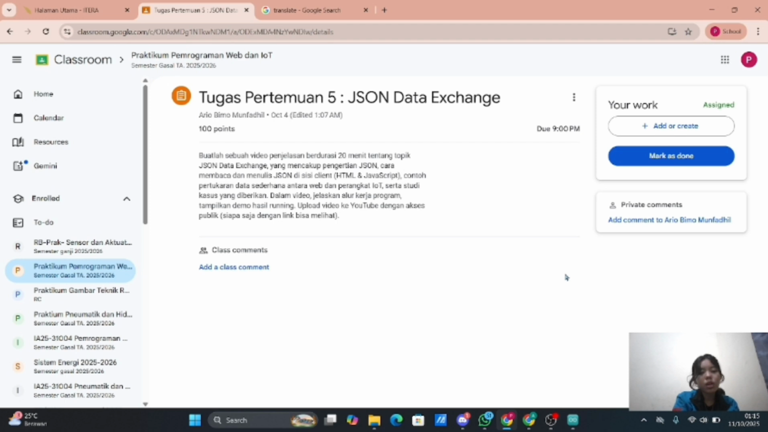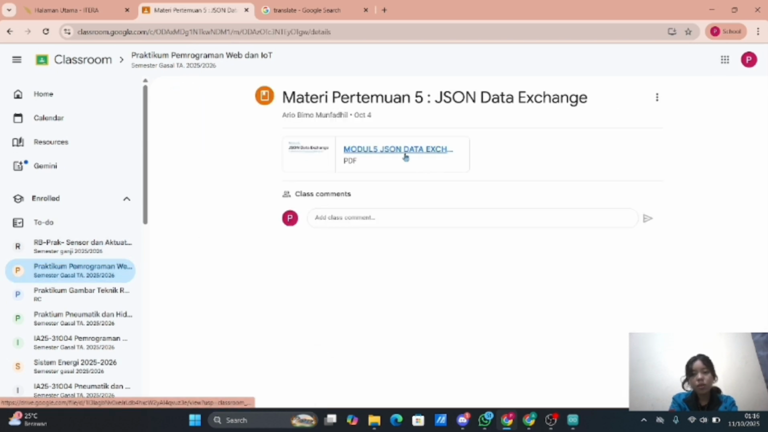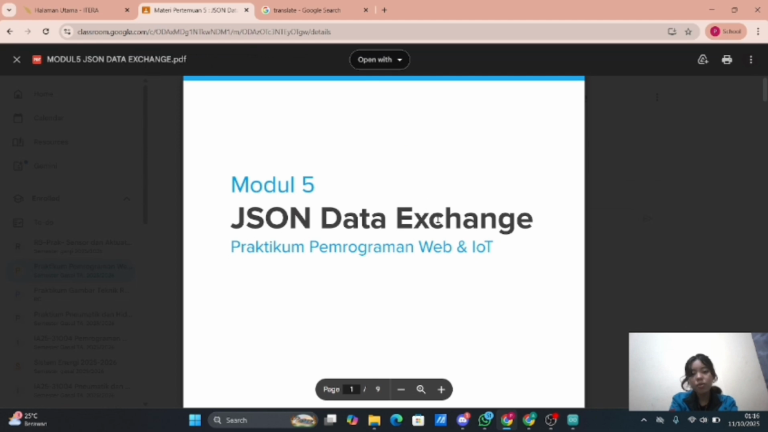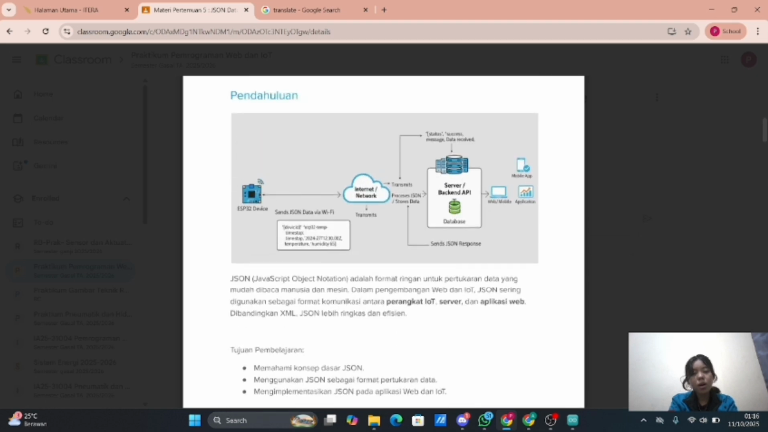First, we can discuss about the definition of JSON. In here we have one PPT introduced about JSON. JSON, or JavaScript Object Notation,